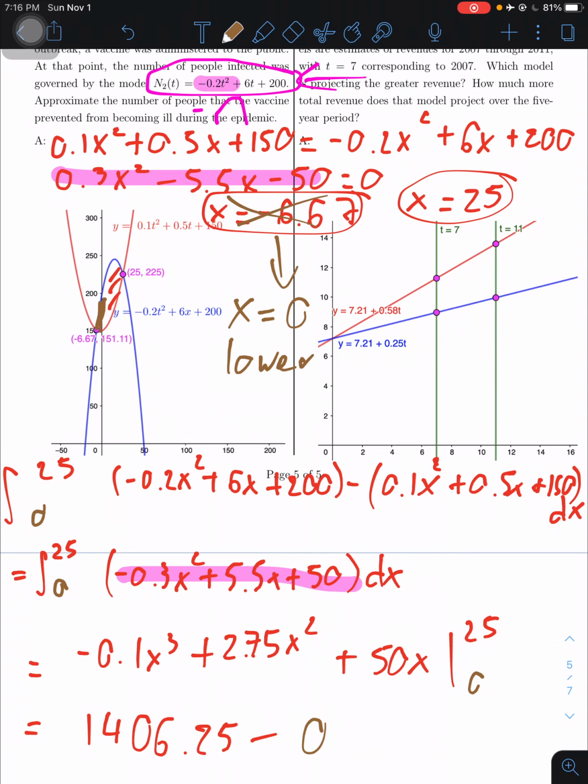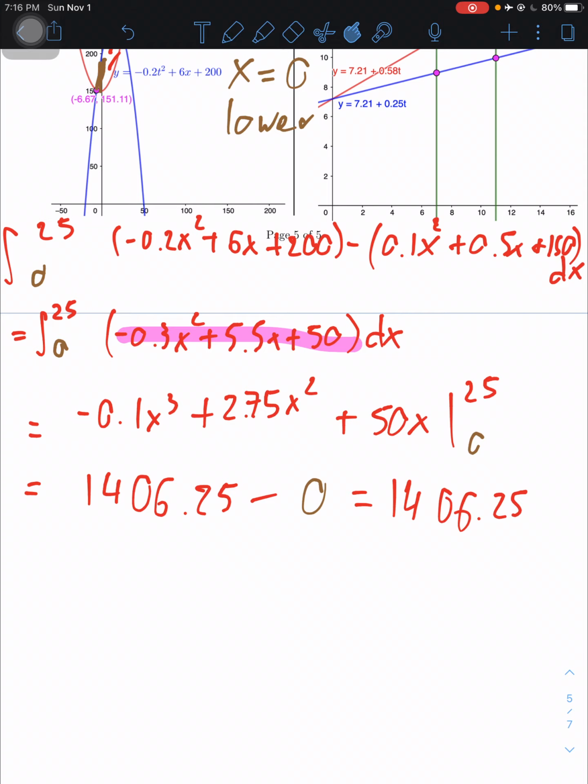Okay? And now, as for the final answer, we're going to subtract the numbers in here, and we're going to end up having 1406.25. Okay, so this is the number of people that the vaccine prevented from becoming ill during the epidemic. Okay, but then wait, we're not done with it. Why are we not done with it? The number of people cannot be a decimal, right? Because it's weird. So the final answer, let me put it in green, it's going to be